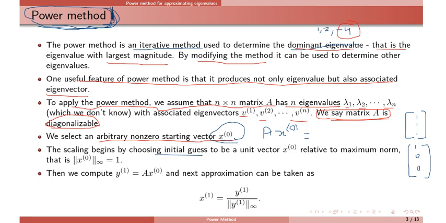And it's better to take that vector which has maximum norm 1. This means the largest component of x0 is 1. So what is the infinity norm? This picks the largest component. If you have an initial guess, say 1 2 3, then scale this vector by dividing by 3, the largest. So you get 1 by 3, 2 by 3 and 3 by 3, which is 1. Then the largest component will be 1.